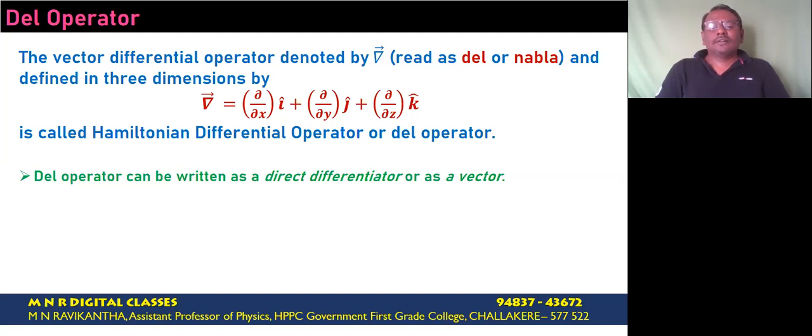Even though it is not really a vector, still it enjoys the properties of both vector as well as differential operator. Really speaking, in the geometrical sense, it is not a vector because it doesn't have any scalar magnitude, but it does transform properly so that it may be treated formally as a vector. We can treat it either as a vector or simply as a differential operator. In what sense we use this del operator depends on the physical phenomena where we are applying it.